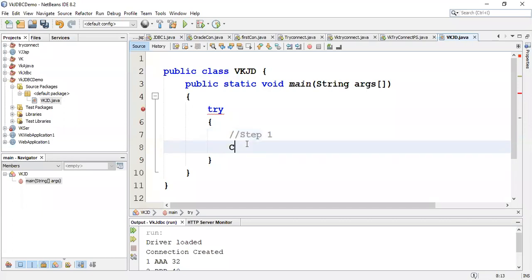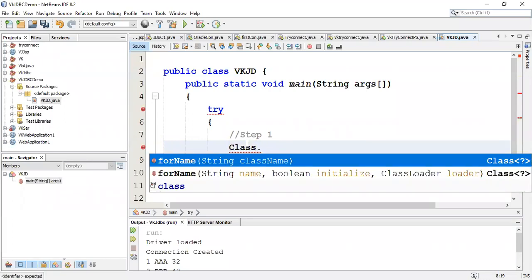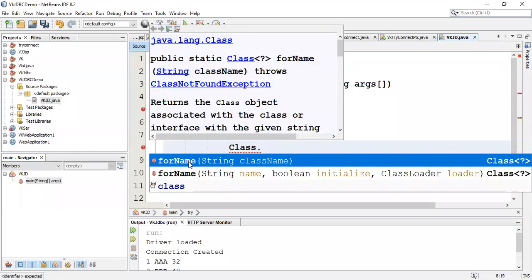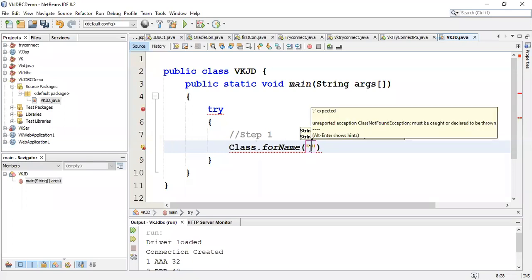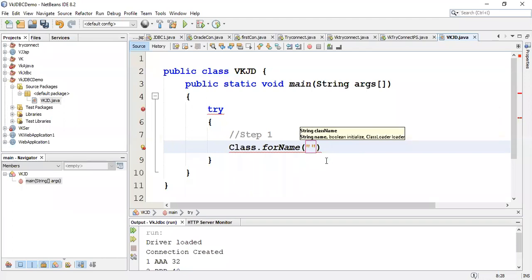For loading the driver, as you all know, if you can recollect yesterday, I had used Class.forName. So Class.forName, and inside that, I have to use the library. For using this Java database connectivity, I must use one jar file. What is that I have to use? I have to use the Java database connectivity jar file. Now, whenever Java has to get connected with any of the databases, for example, may it be Oracle or may it be SQL Server, it requires a special kind of jar file for each of the database management systems.